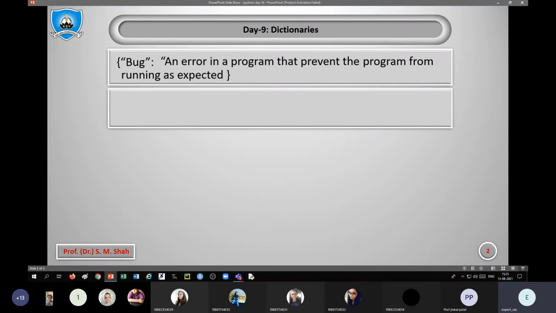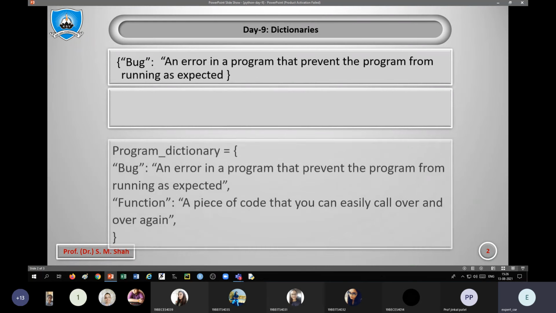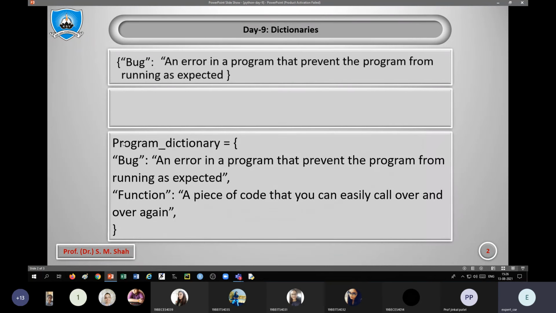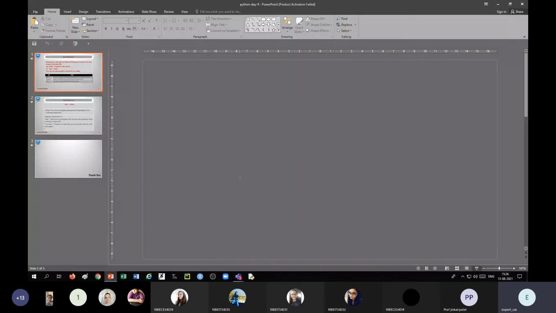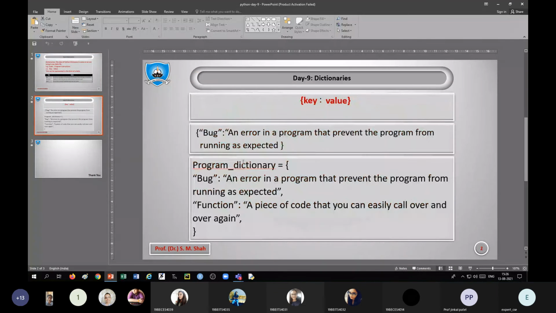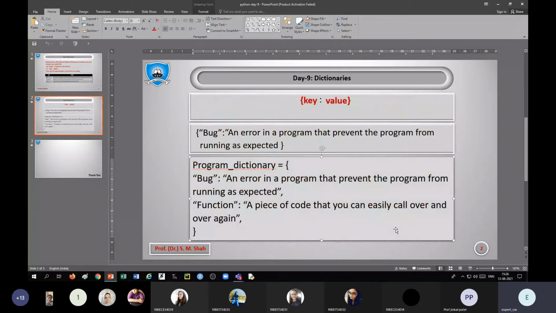Now we have to define this dictionary using a variable. Any variable we can take. For example, say program dictionary is equal to, I have one key that is bug, and another key that is function. It will be printed like this.